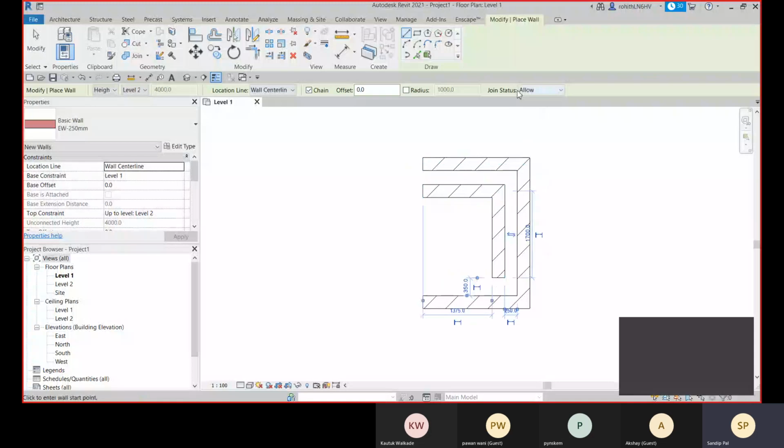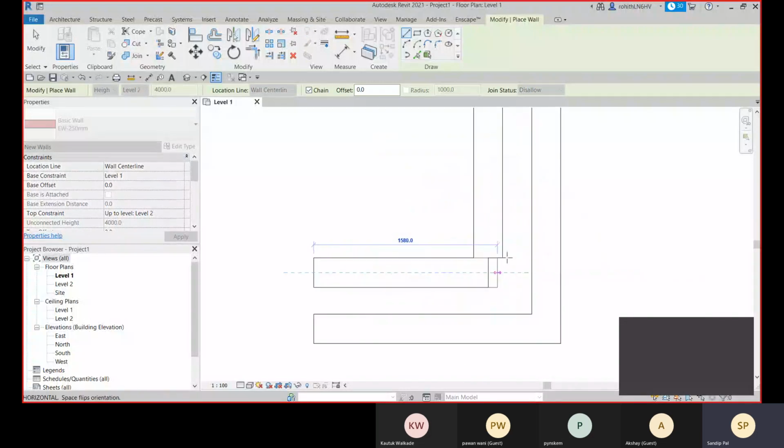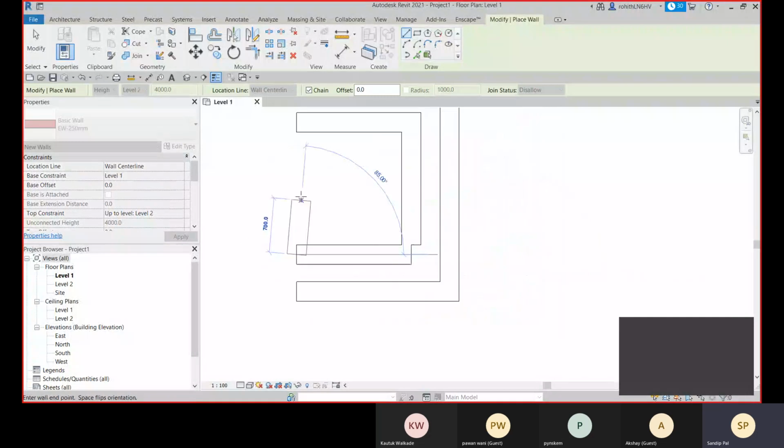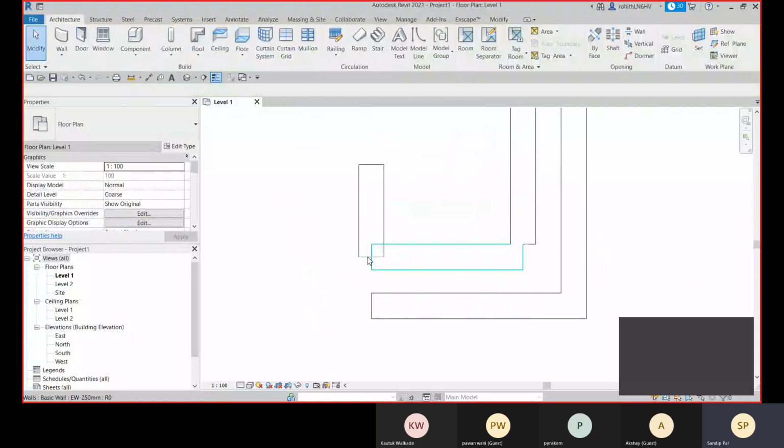And here this join status is allowed, so that means this will join these two walls. If it is disallowed, it will not join these two walls. Here you can see this doesn't join the corners. Here also you can see these two walls are not joined.